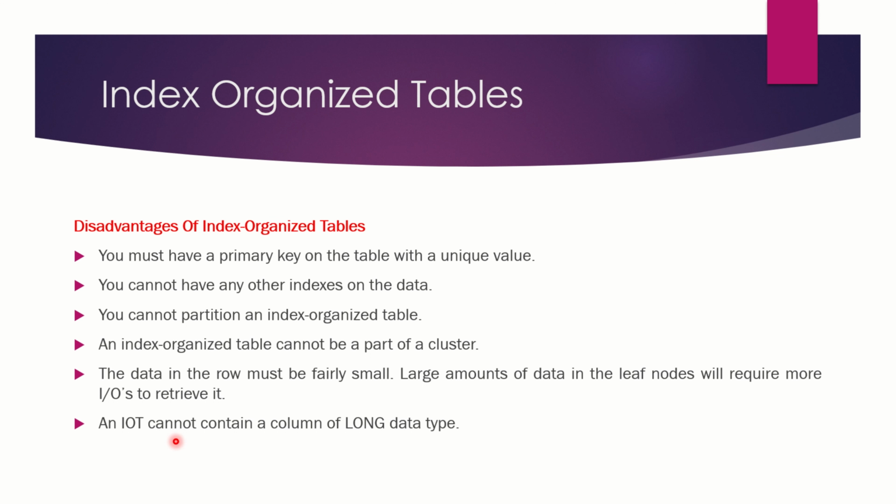So because of all these disadvantages, we may not be using an index organized table on a major scale, but it definitely has its own advantages in terms of retrieving the data much faster. There are definitely some thumb rules which can tell you whether creating an index organized table is a better option, or creating a normal table along with a B-tree index is the best option. So there is always a trade-off with respect to these advantages in terms of creating an index organized table or creating a normal table.